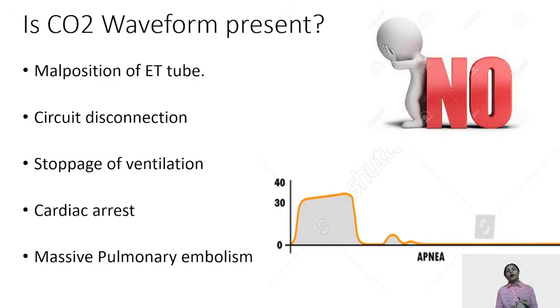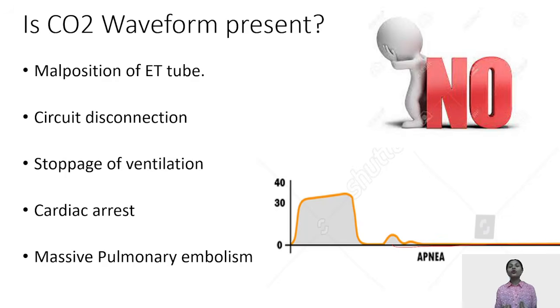Now, when we talk about how we actually have to study capnographs, the first thing when a capnographic waveform comes in front of you is to see if the capnographic wave is present or it has disappeared. Like this, there is no capnographic wave. First, one normal capnographic wave came, and then there is a disappearance of the capnographic wave. Now, which are the conditions in which such a disappearance will occur?